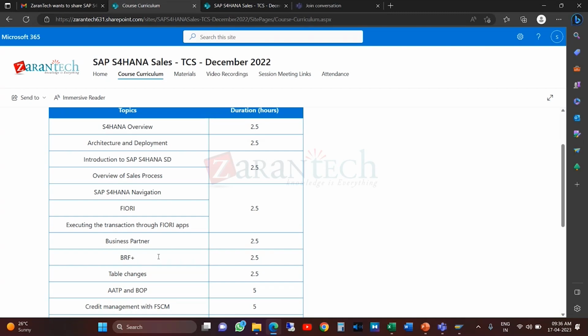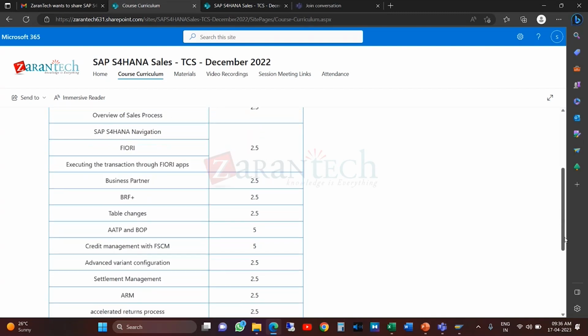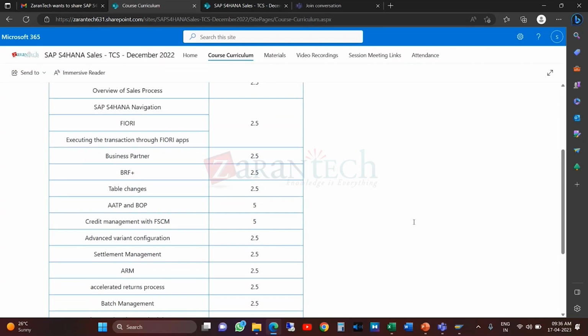So in S/4HANA, the output configuration is replaced by BRF, Business Rule Framework, and there are table changes from ECC. There are some major changes in SD model tables, and AATP, advanced availability to promise, and backorder processing. That's one more topic, AATP and BOP, and credit management with FSCM, financial supply chain management. That's a new configuration for credit management in S/4HANA, and advanced variant configuration, the classification module, the characteristic and